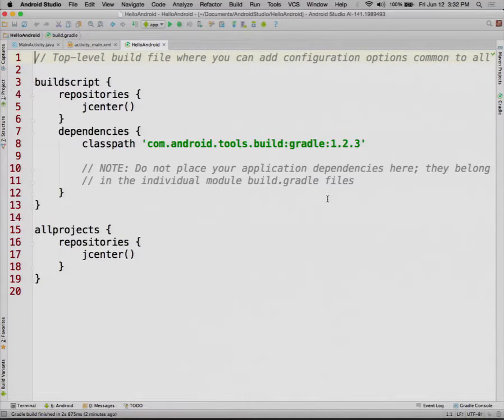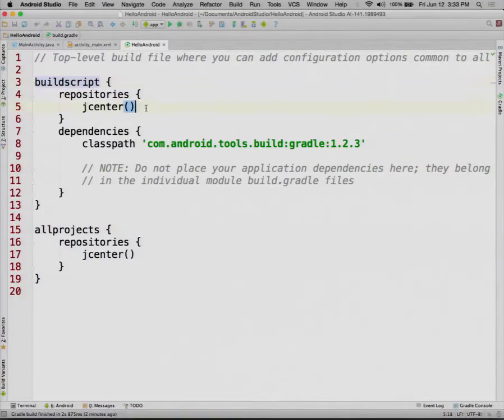And you see that they start off with a build script tag. So the build script tag, again, for those who don't use it a lot, the purpose of that is to be able to download the plugin for Gradle. Now, Gradle itself comes with a wide variety of plugins, but it's very common now to have a build script tag to download additional plugins when needed. So in other words, the user doesn't have to go and download one and add it to Gradle. You just have a build script which downloads it automatically. Where is it downloaded? By default, they picked JCenter. Used to be Maven Central. Now it's JCenter. Maven Central still works.